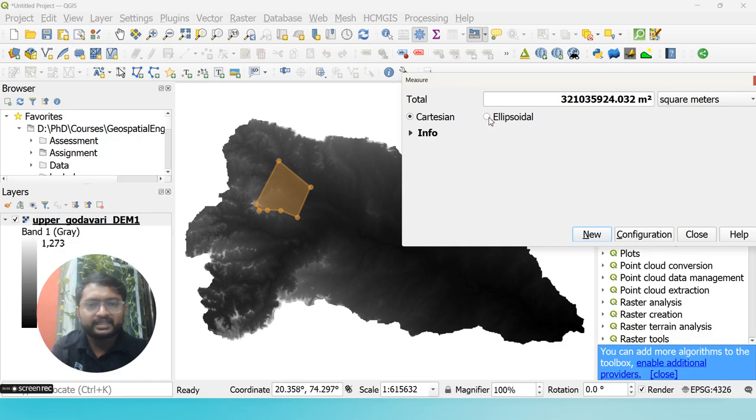So which area are you using? Ellipsoidal area is a mathematical surface, which is an ellipsoid surface only, whereas Cartesian is the actual coordinate system which we are using. So that will be high and the ellipsoid will be less. Apart from that,